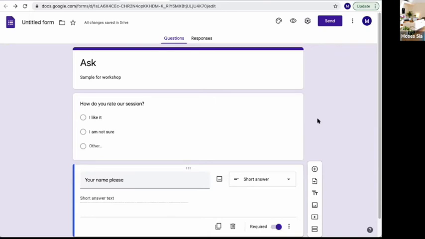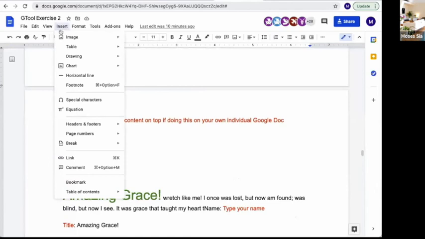Okay. Sorry, Ivy, I missed your message about finding how to insert the table of contents, right? Okay, once again, under your Google Docs, if you go under insert, it's right at the bottom of that list, table of contents. So of course you must put your cursor where you want the table of contents to appear, right? If you want a table of contents at the beginning, then you put your cursor there, then you add the table of contents, right? And you must remember that the table of contents will look different as you're working on your document. Later, you must go and refresh it before you share,